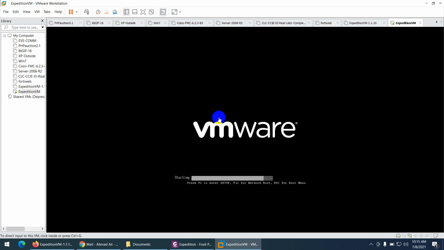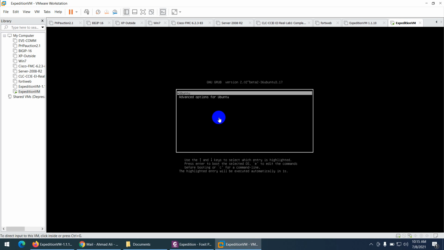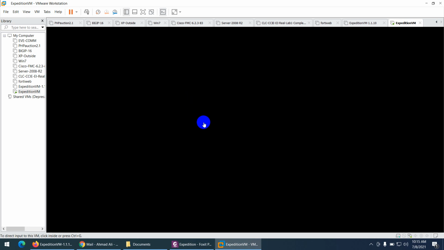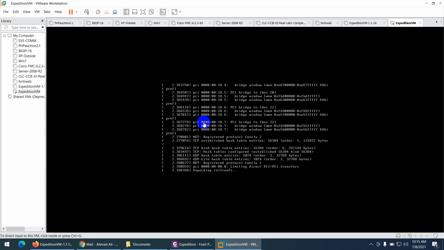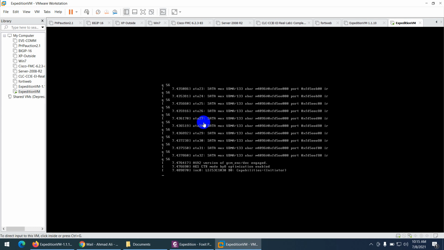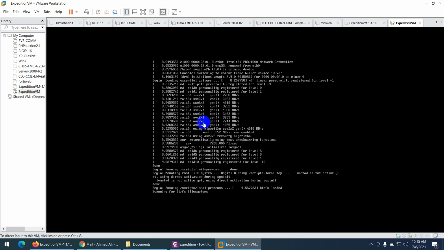Let's power on and see. You see, it's basically an Ubuntu system, but they put their tool inside. If you want, you can use Ubuntu and download this tool to it, but that will take time to configure. It's better to use this VM.